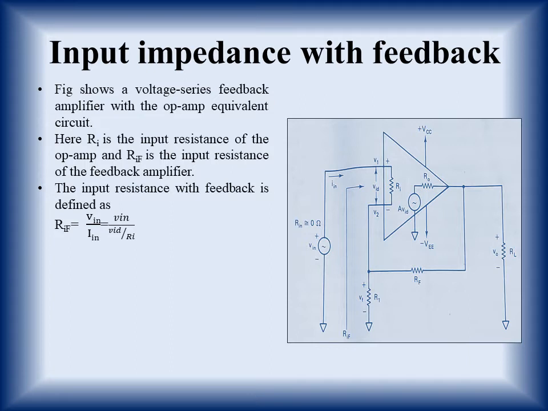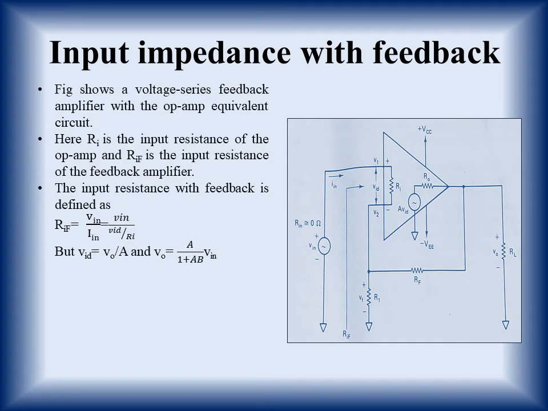Now in order to calculate I input, V input we are providing from that input signal that we are providing, and I input can be calculated by using this part. See here, current is coming here, it is flowing through this resistance. So this current can be calculated as V upon R. What is V? V is VID and R is RI. So in place of IIN we can write VID upon RI.